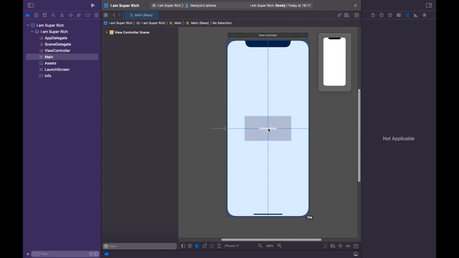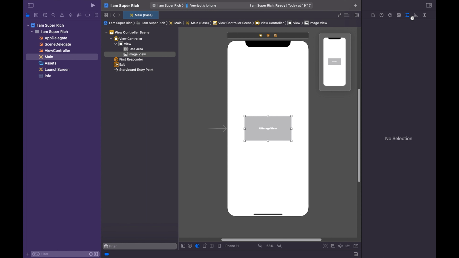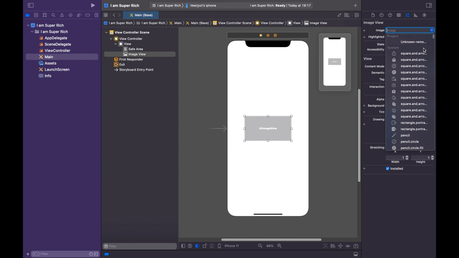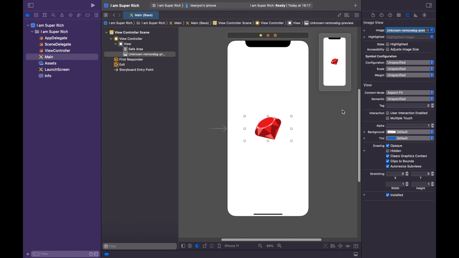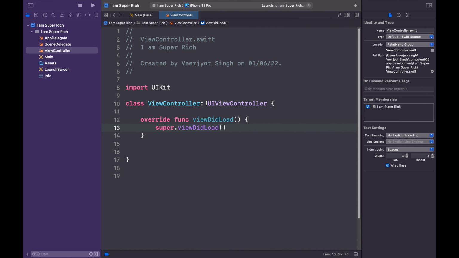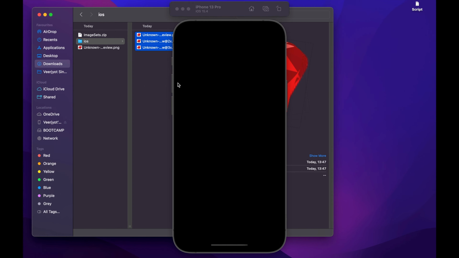That's good. And we're gonna go into the properties and select the image we have just added. In my case, it's the unknown one, and I'm gonna resize it a bit. So yeah, I now need to recenter it again, and that's good. So we've got it now, so we can just go into view controller. Okay, everything's nice, and just click the play button in the top left,